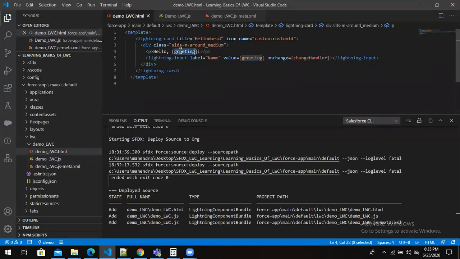So that's all about installing or configuring the setup for implementing LWC components. This is our first example, and we will try to come up with the next module in the next video.